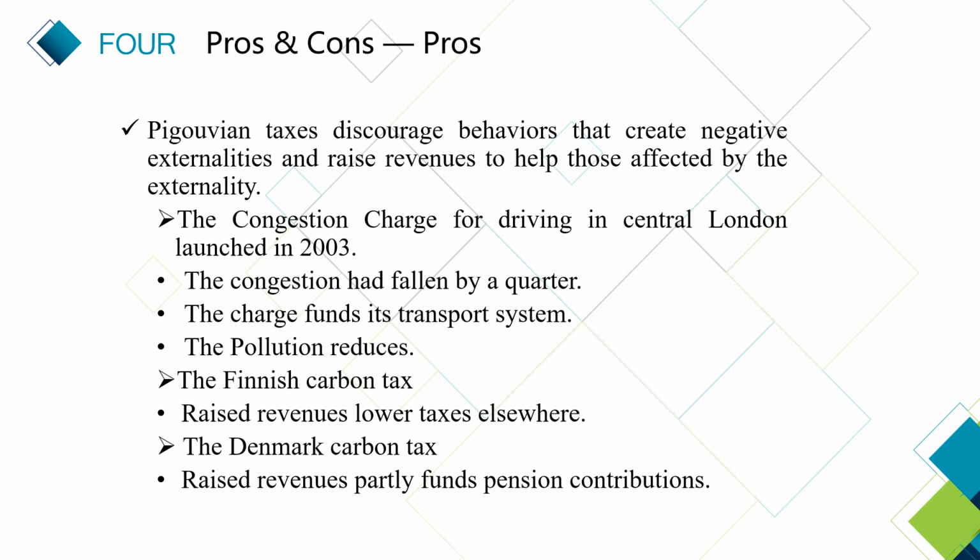Society can improve as a whole when transportation becomes more efficient and more individuals take public transportation or simply drive less, which can also reduce pollution. Therefore, Pigouvian taxes generate a double dividend. As well as creating social benefits by pricing the externality, they raise revenues that can be used to lower taxes elsewhere.